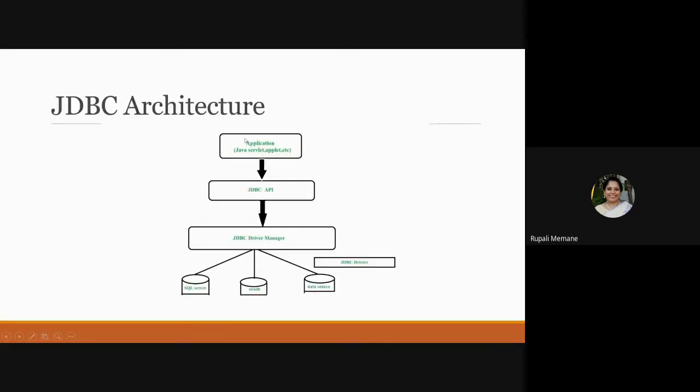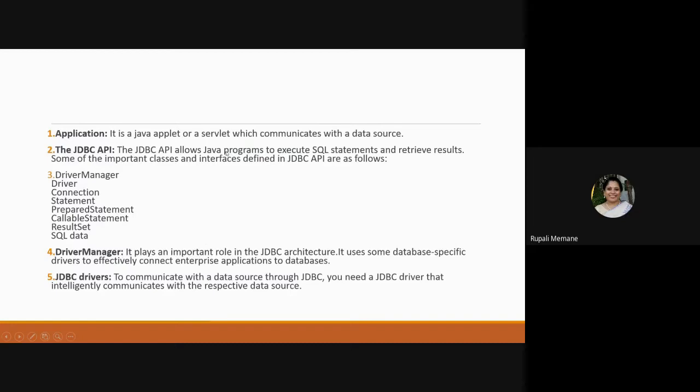So remember, this is going to be the front end and this is going to be the back end. Then what is JDBC? These are the programs which allow us to execute the SQL statement and retrieve the result. The API includes important classes, interfaces, and methods which are necessary to create the databases, to open the databases, to connect with the database, to retrieve the database, to modify the database. All those will be included and defined in the JDBC API.